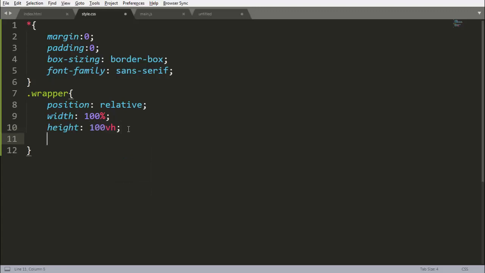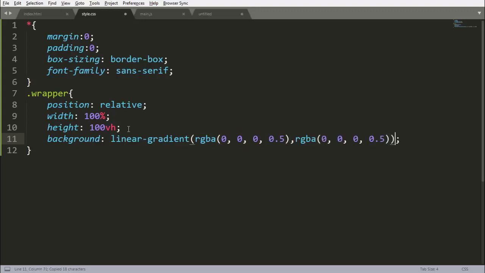And we need our background to be, first of all, a linear gradient, and under that linear gradient there will be our RGBA color, a red green blue combination, and A is the opacity. So opacity is 0.5, and after that there is our URL of the image.